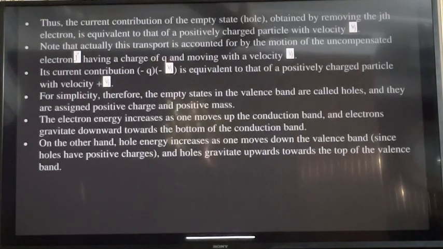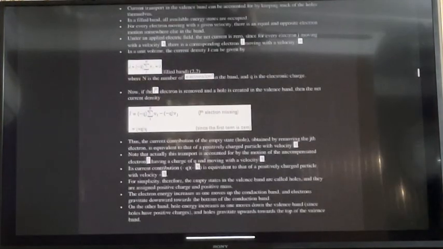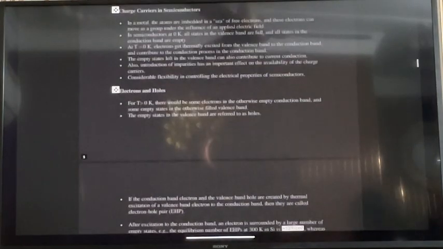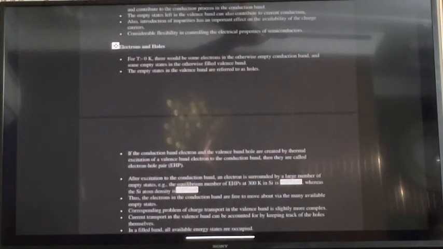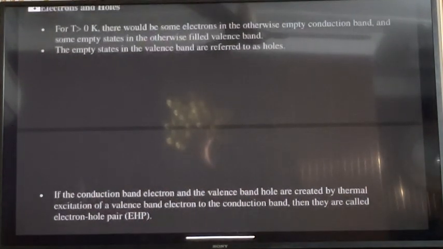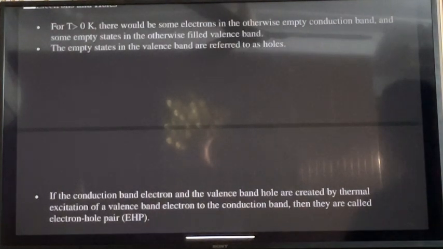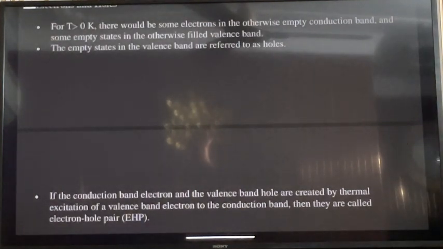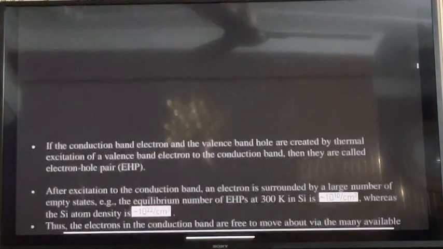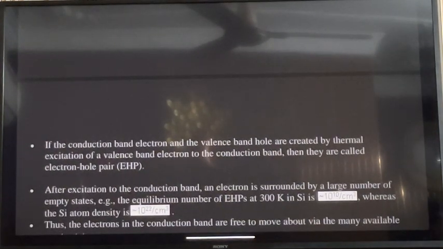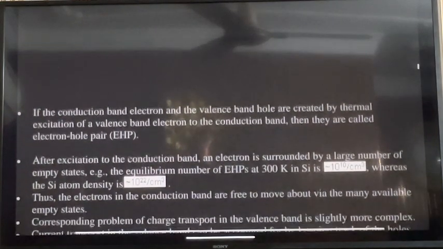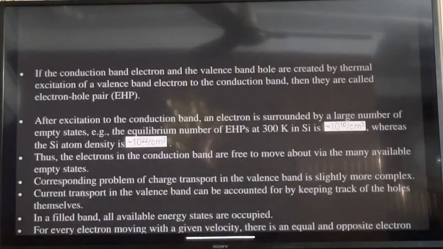So let's quickly go through this entire section on the constitution of current in a semiconductor, because this is a lot to discuss at once. So let's break it down into short, brief points. The first thing is that we learned about two things. First is electrons, and the second thing is holes. Initially we discussed that a hole is simply the absence of an electron in the valence band. So we are not treating a hole as a particle, but as the absence of an electron in the valence band. However, we see that there are a lot of electron hole pairs in a single lattice structure,